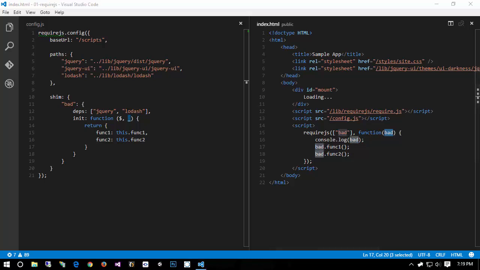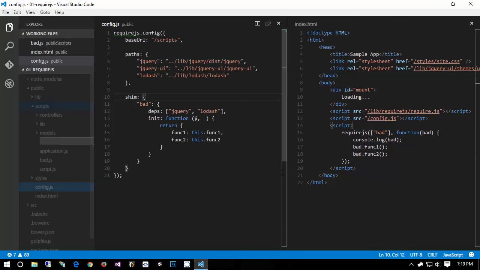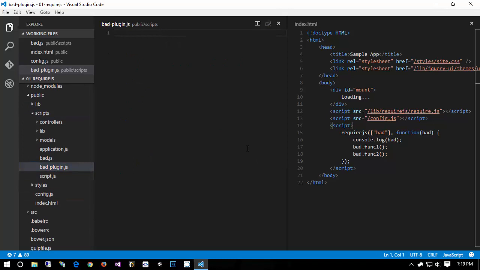So yeah, what if I wanted to create a plugin, just a really simple jQuery plugin? And again, this is just another example of what you can do here. This will be particularly useful for people who use libraries with plugins, like jQuery or Moment. So if I went over here and created a file under scripts called badplugin.js, the way you would define a jQuery plugin without AMD or a self-executing function would be